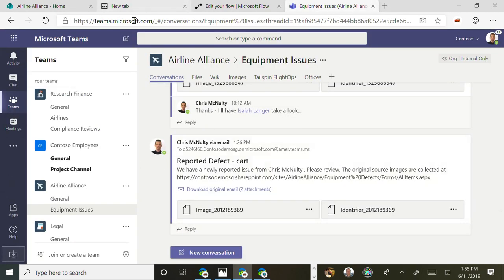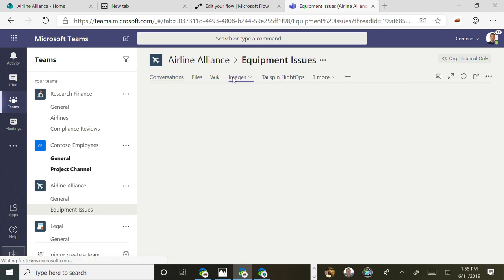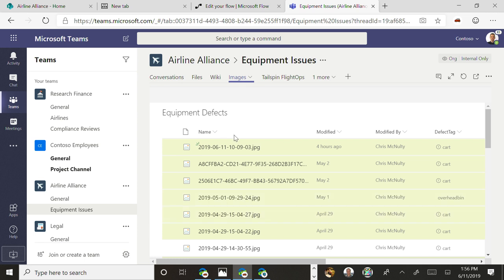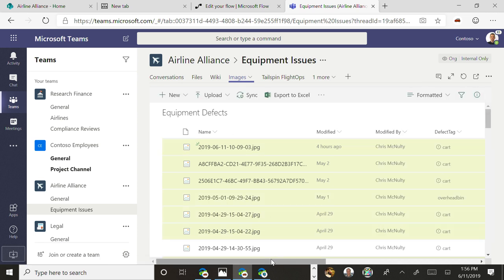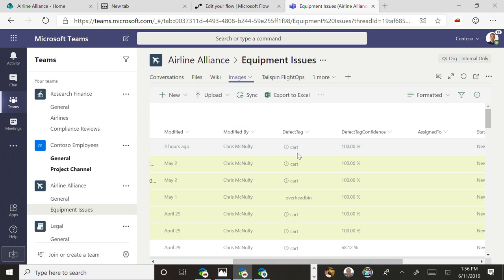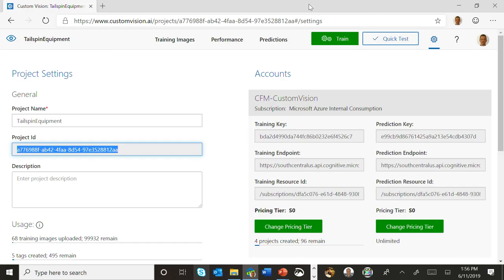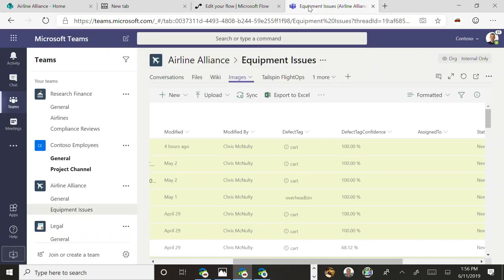As you'll see, if I look at the image library, the drink cart this morning, let's turn the info pane off, you can see it was recognized as a tag, and we are 100% certain that it's a tag. You see the confidences vary based on the quality of the picture that I take, but the one I took this morning we're 100% certain. And flow is the key to being able to bring all those things together.